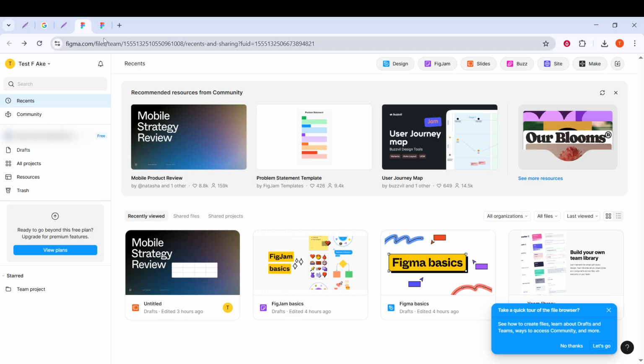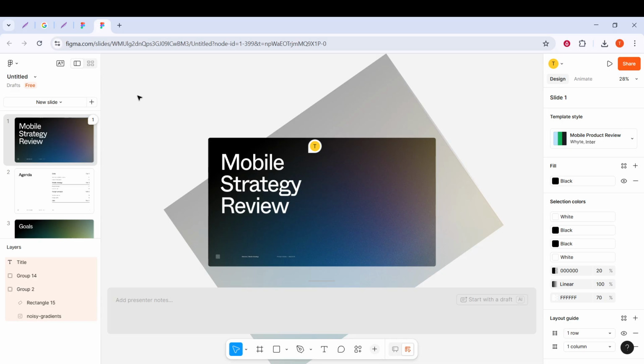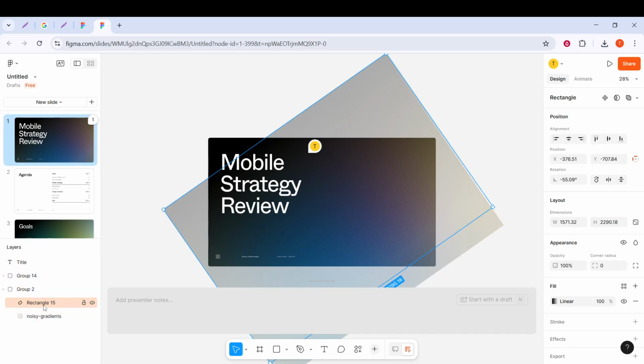Now that you have your file open, identify the frame or layer that contains both the background image and any text on top of it. This is crucial because you'll want to modify the visibility of the text layers to isolate the background image for export. You'll notice the Layers panel located on the left sidebar of your Figma interface. This panel contains all the elements within your file and allows you to select, modify, and, importantly, toggle the visibility